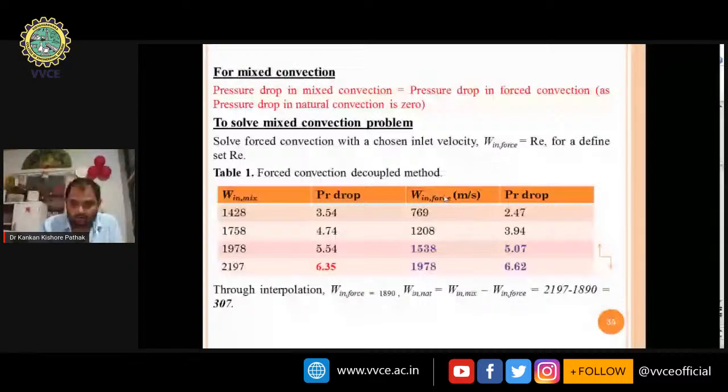Now we are getting some pressure drop for these. That means for forced convection we also get a pressure drop. Now we know that the pressure drop in mixed convection is equal to the pressure drop in forced convection. Now for which cases, suppose